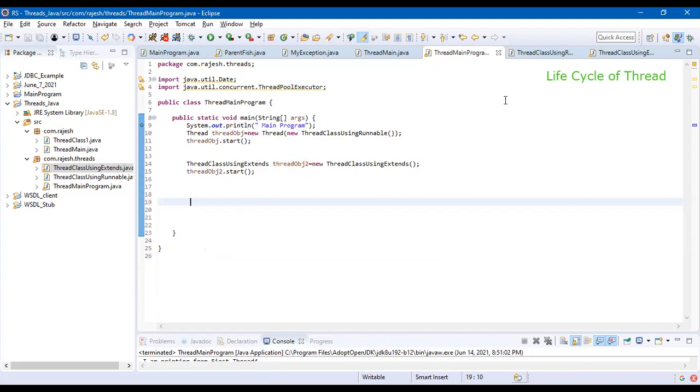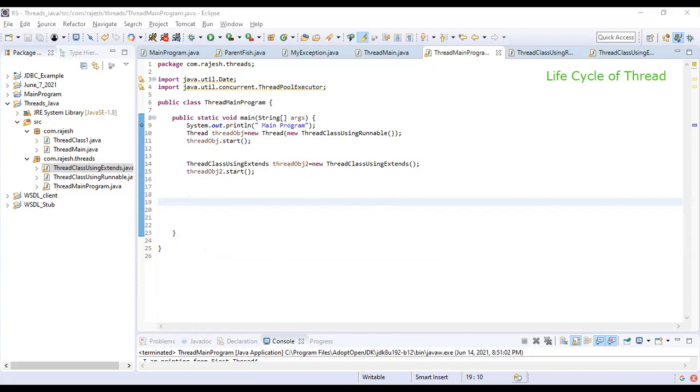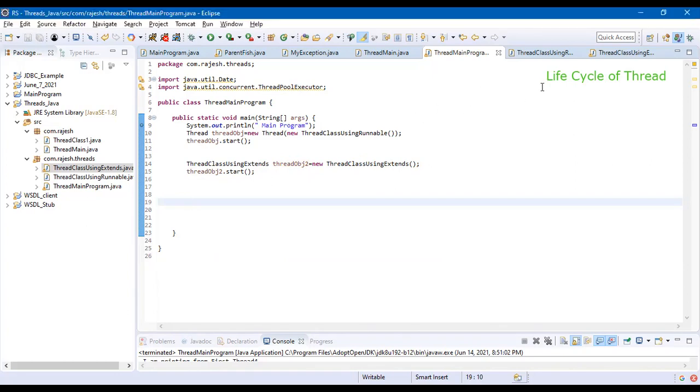Today, we will start with the life cycle of a thread. How does a thread start? How does a thread end? So what is the life cycle of it? A thread has a 5 step life cycle.